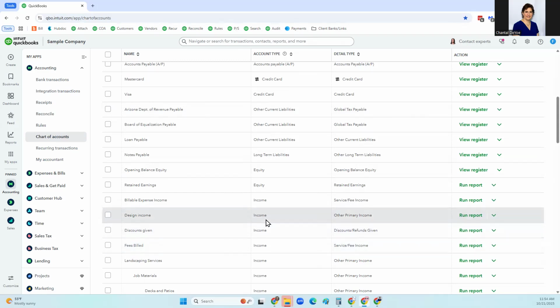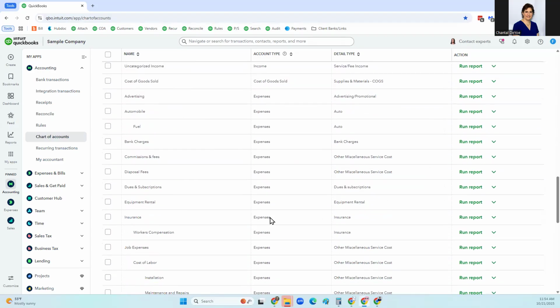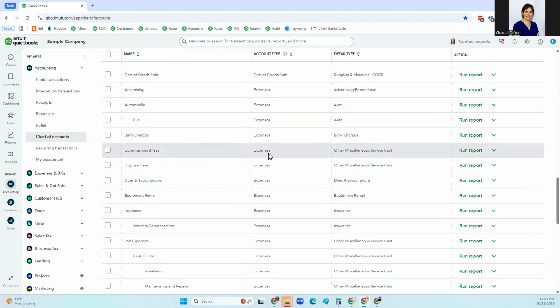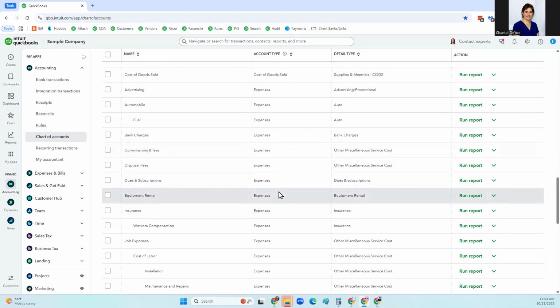And then the other big one that's important for us is money that we spend, the expenses. And a lot of times when we're doing bookkeeping work, this is one that we talk about a great deal because we're logging lots of expenses. Things you buy, maybe it's your utilities, maybe it's your groceries, maybe it's tickets to go to an event of some kind, money that you spend.